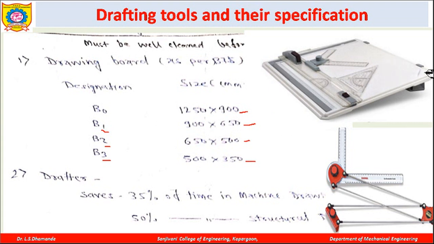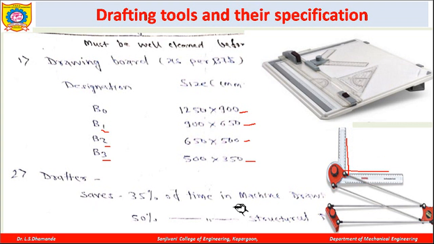Now to make the drawings over this particular drawing board, initially we are going to attach this particular sheet over this drawing board, and also we have to attach a drafter. A drafter is an instrument which helps us draw perpendicular lines, or even any line at a particular angle, because whatever work is done by the protractor can be done by this particular scale. So you will always get these two perpendicular lines using this scale.